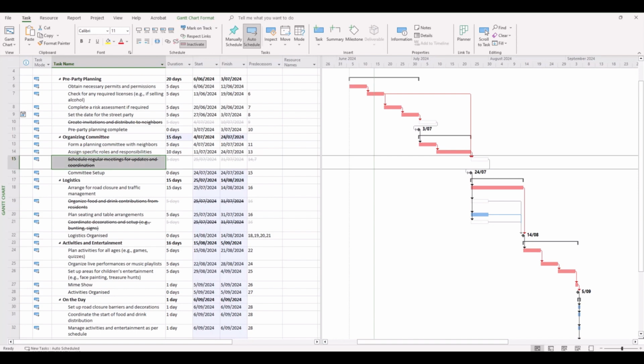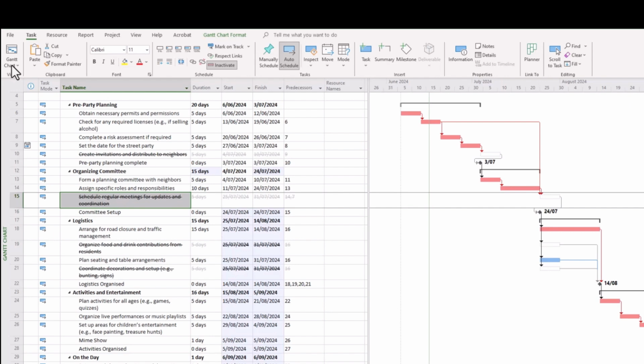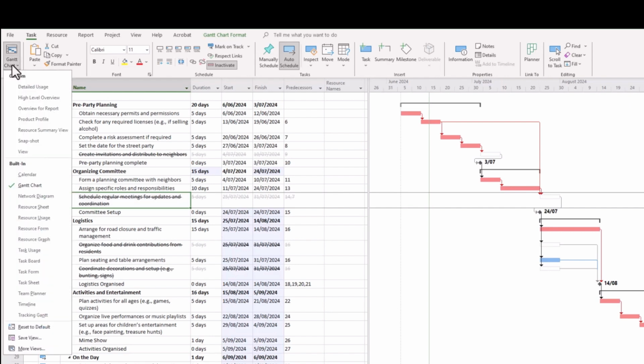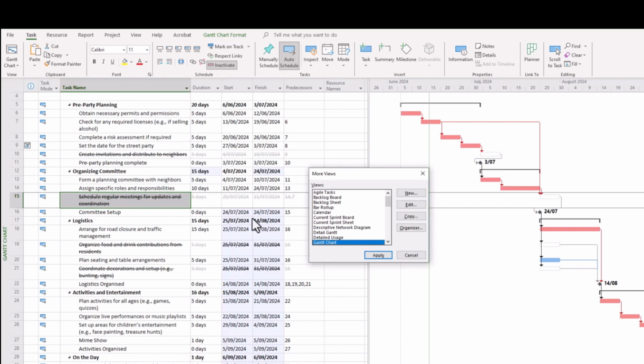Well, a useful way to get around this is by establishing a new view, not to delete the inactivated tasks, but to effectively filter them out in a different filtered view. I'll show you how this is done. You go to the top left-hand part of your workspace, of your screen. You can see Gantt Chart. Drag that down, or click that, and you'll see that there are more views shown here. So click More Views, and you'll be given this More Views dialog box here.